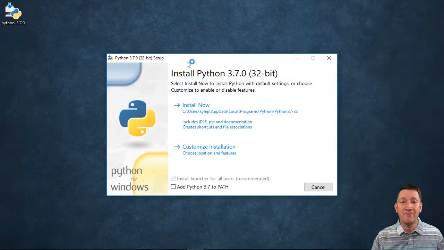It's going to open up my setup window, and there's just a couple little things that I'm going to encourage you to activate here to make it more accessible as we go through this course, or at least make Python more accessible for us as we go through the course material. So first off, we got the install now, or we have the customize the installation. I'm going to go ahead and run with the install now, but before I do that,